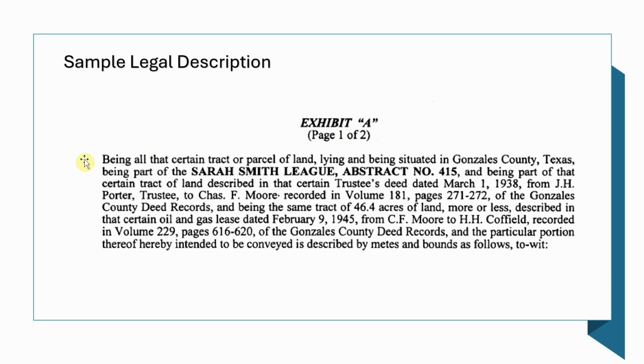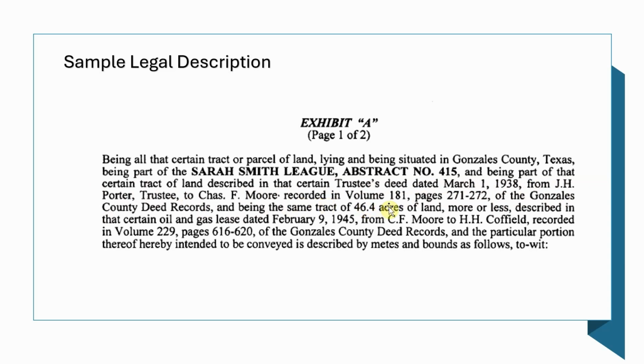So let's get into the beginning. Being all that certain tract or parcel of land lying and being situated in Gonzales County, Texas, being part of the Sarah Smith League, abstract number 415, and being part of that certain tract of land described in that certain trustee's deed dated March 1st, 1938, from J.H. Porter, trustee, to Chas F. Moore, recorded in volume 181, pages 271 to 272 of the Gonzales County Deed Records, and being the same tract